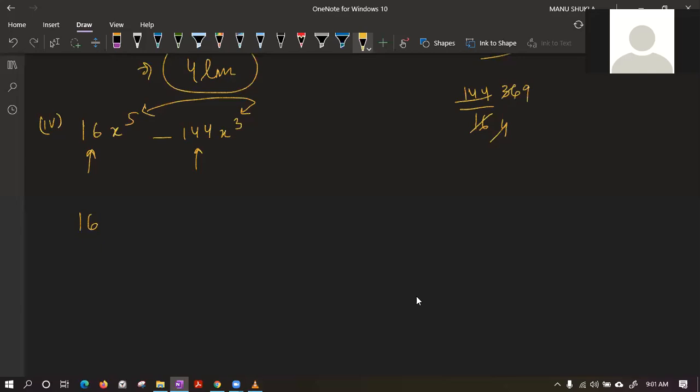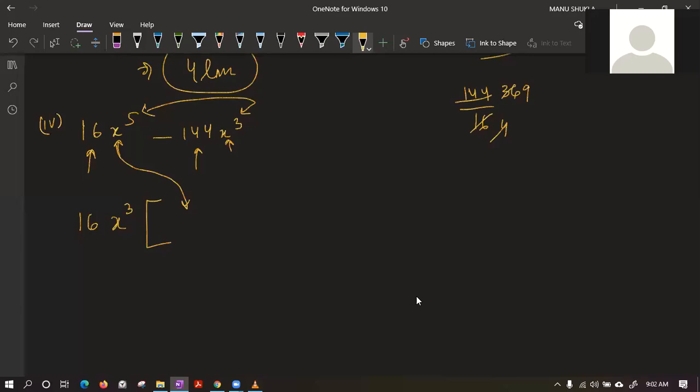And what else is common? Please tell me. Harshul, very good. Vardhan, only x is not common. X power something is common. Please tell me how many x are common. X power 3 is common if you observe. It is x power 5. It is x power 3. I can take x power 3 common. And if x power 3 is common, what is left inside? Please tell me, if x power 3 is common, what is left in the first place?